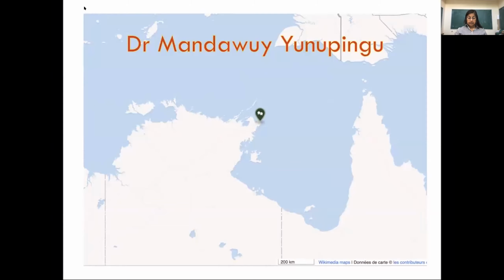From this work, Dr. Yunupingu saw a strong connection between Western mathematics and Yolngu systems of knowledge. He said that our mathematics, Yolngu mathematics, is Gurutu. Gurutu is a way of understanding that all elements in the world are connected and forms a system of relationships. In other words, Gurutu is a complex system that models the complexity of environmental systems, including its connection with all